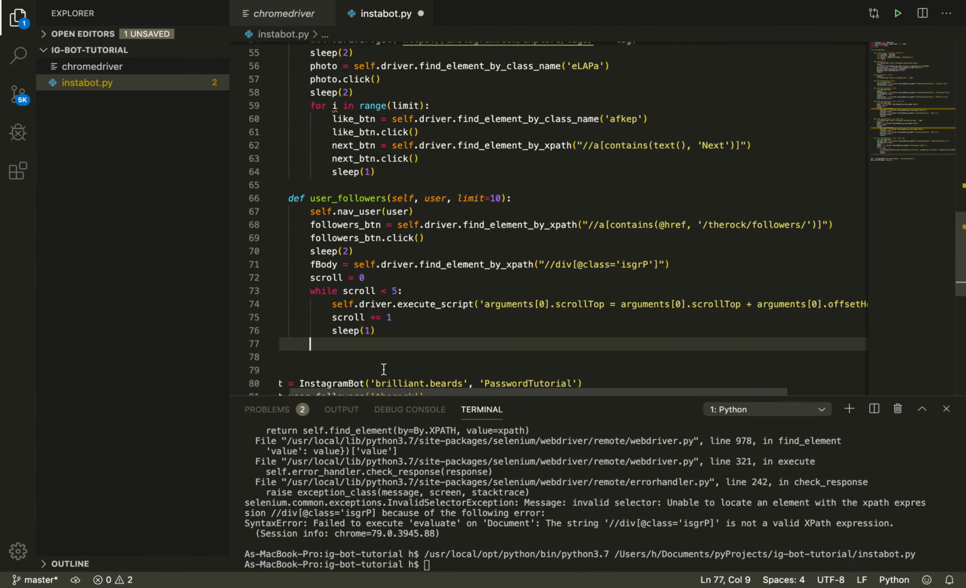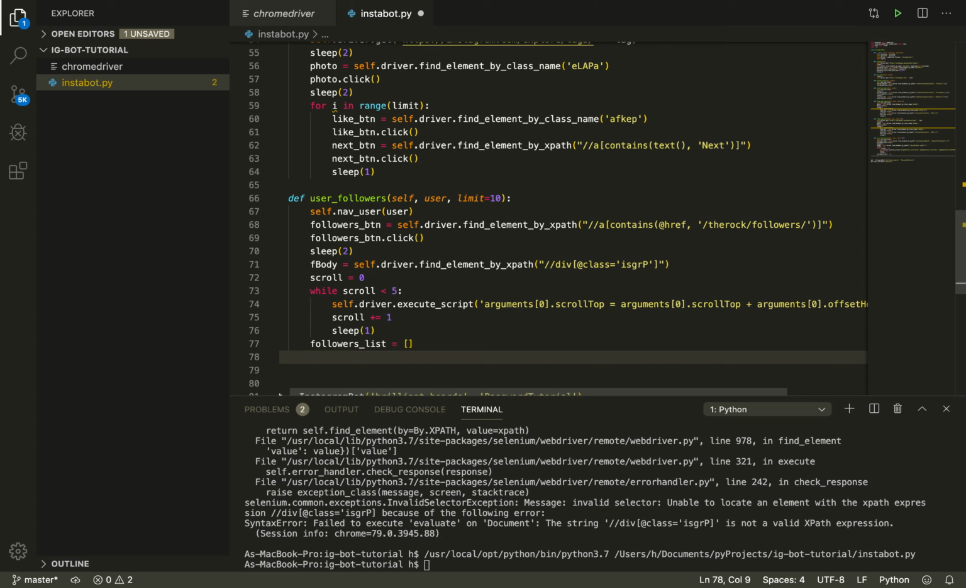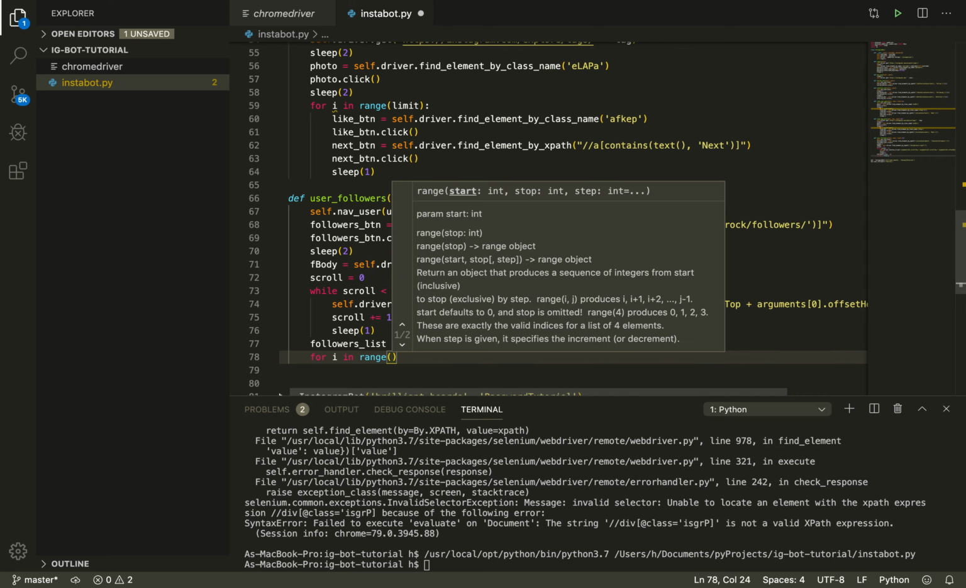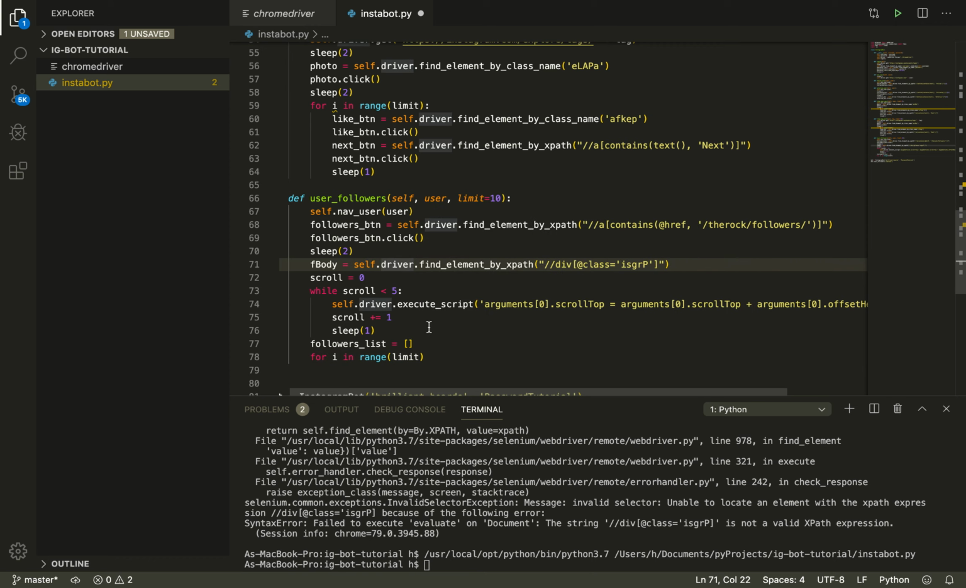So we'll say we need to have a list now. This function is gonna return us a list of followers, or a list of users, sorry. And it's gonna be an empty list here. And let's create a for loop. So for i in range limit, which is 10, we're going to want to